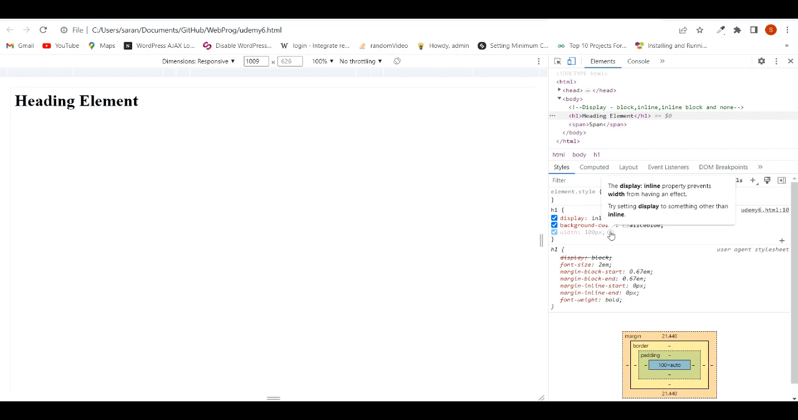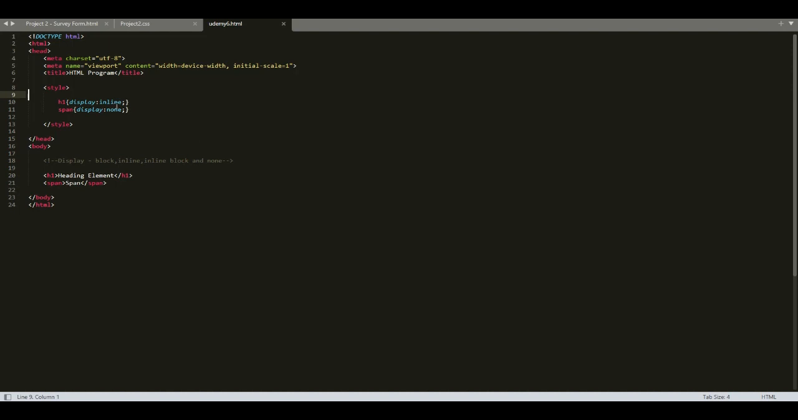Okay, so what does it mean? We cannot set width and height properties for inline elements. So that means if we make H1 element as inline, then we cannot set width and height properties for H1. But if we want to make H1 inline, but also we want to set width and height properties, then we have to make it as inline block instead of inline. So let's change inline to inline block,